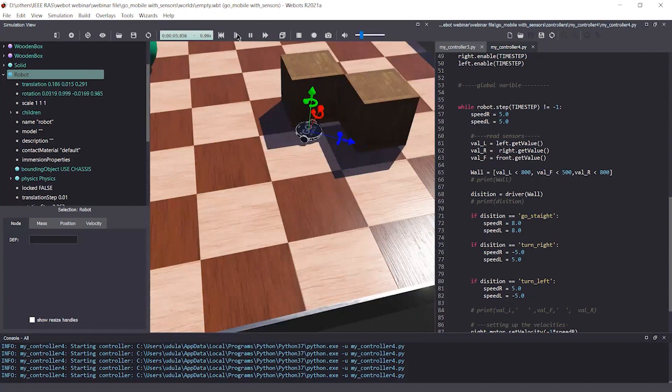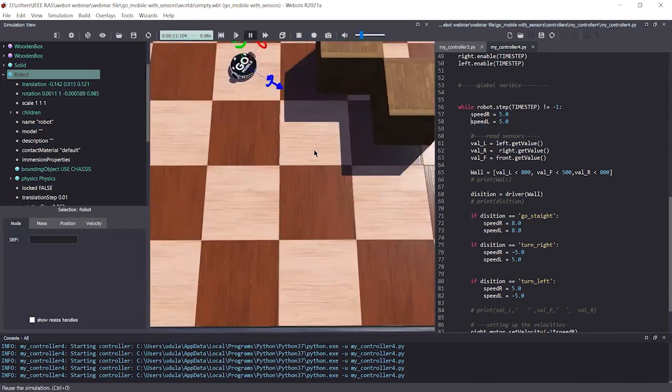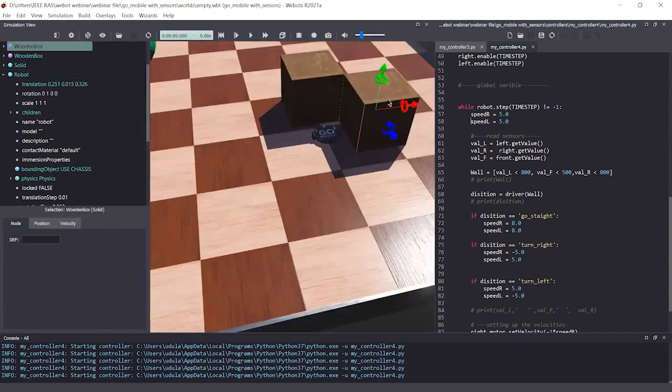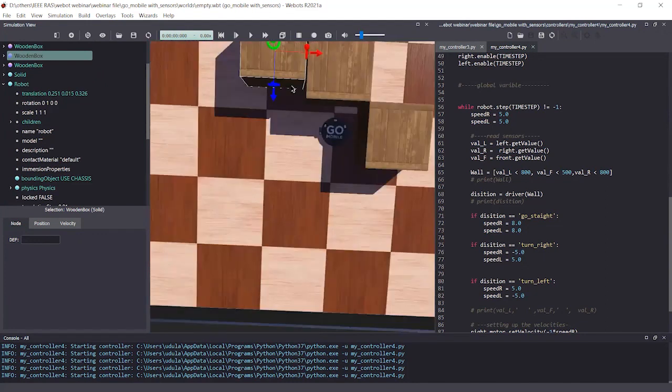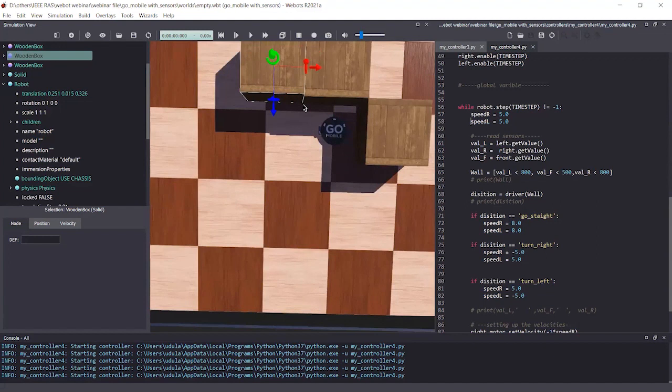So what I'm going to do now is copy this and paste another wall here. Let's see what we will do. Fine.